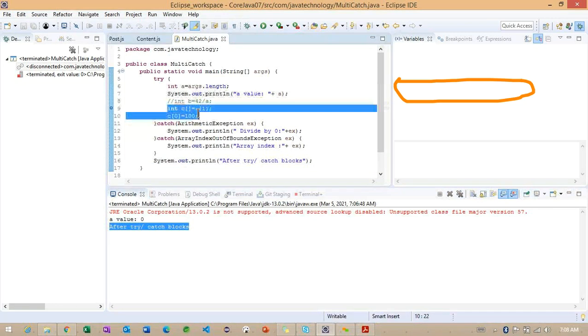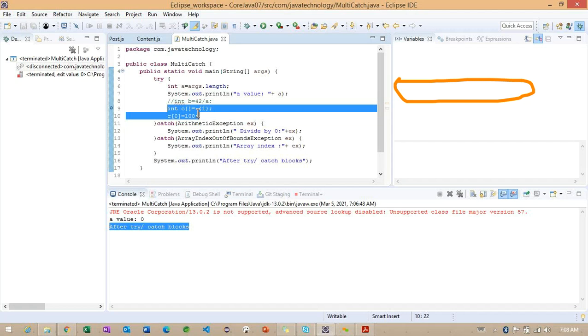And in that, this is also very important: in which scenario we are going to get the arithmetic exception, and in which scenario we are going to get something called array index out of bound exception. Getting the point? And we'll try to check with one more example here. So as of now, what are the keywords we completed? The try keyword we completed, as well as the catch keyword. Right. Now we'll check with one more example using nested try blocks.